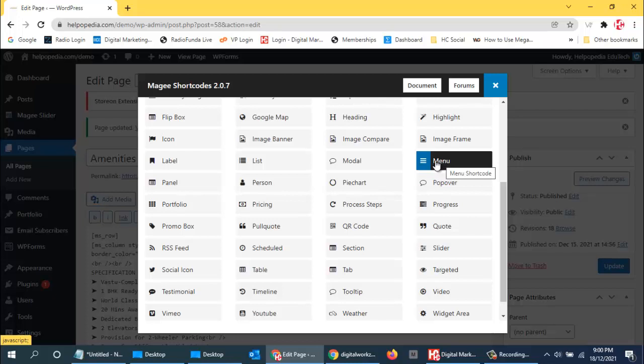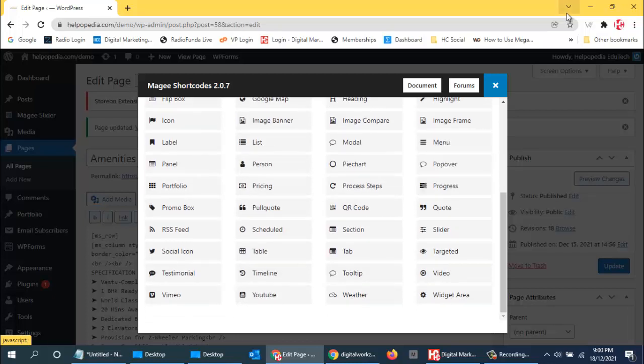Then promotional box also you can create. So you can see all the information. If you want to know what is a social icon or what is a promo box, how it looks like, you can just go to documents and check all the examples of all these things, and you will get to know. So like this, you can just go through everything and see what works the best.